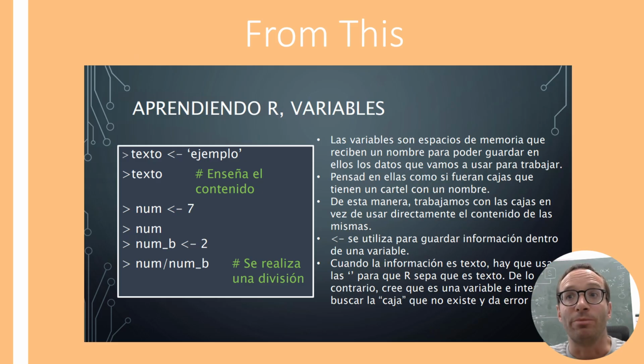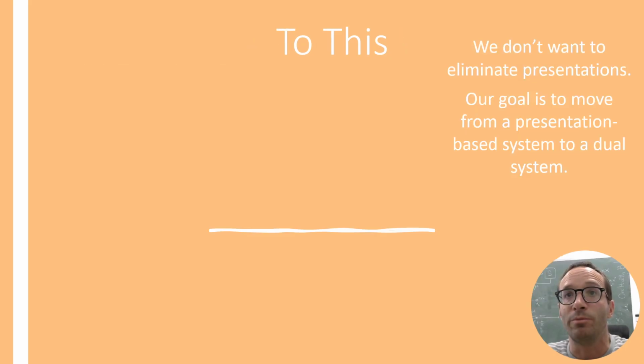So the idea is we go from this. This is an example of a typical slide from the course. And as you see here, we have some code. This is about assigning variables in R. We have some code where they assign variables, and then we have a lot of conceptual descriptions of what's happening. And the idea is we go from this to